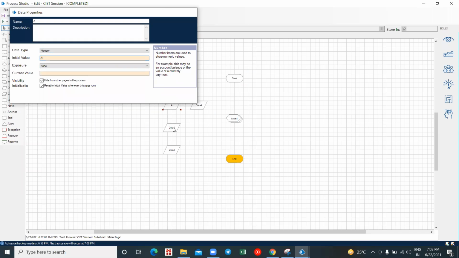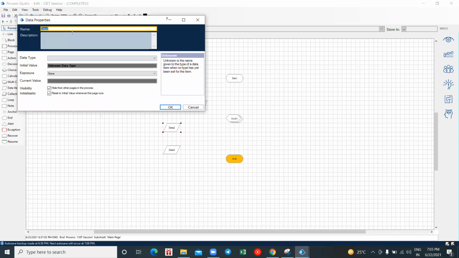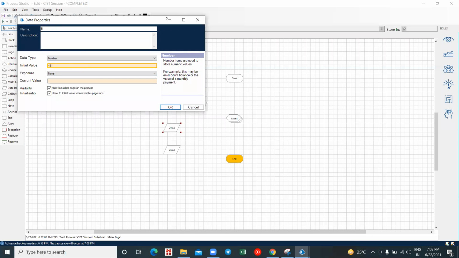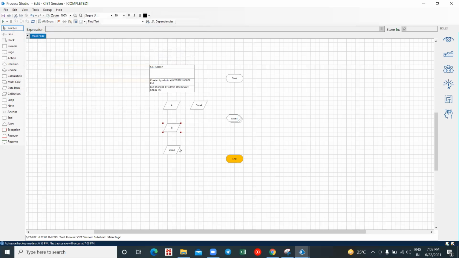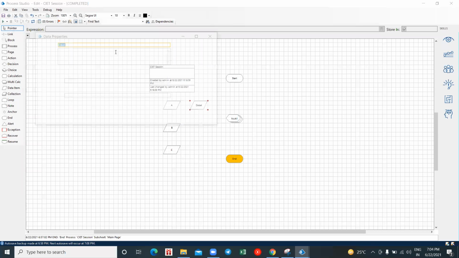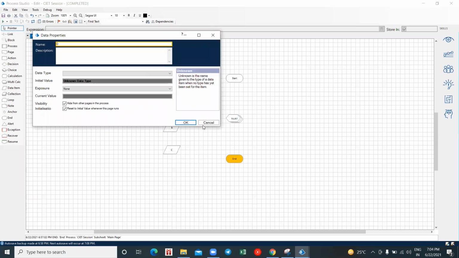Click on OK, and B. The data item is again a number, and the value given here is 45. Now let me give the names C and D to these and leave them empty.